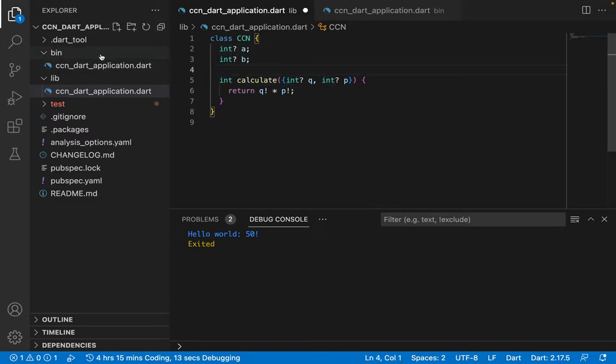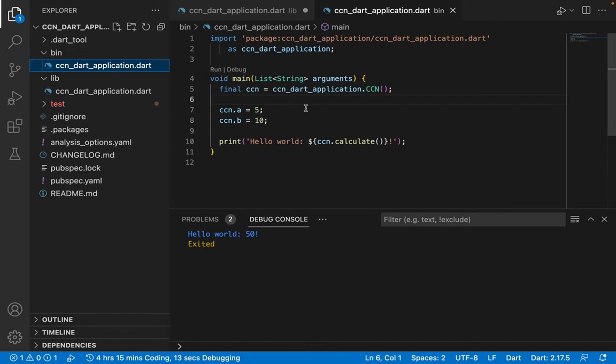So I go back here, then I update this: q equals 20 and p equals 10, right? So let's try to run this, and we should be having, okay,